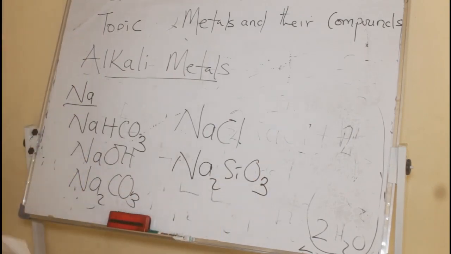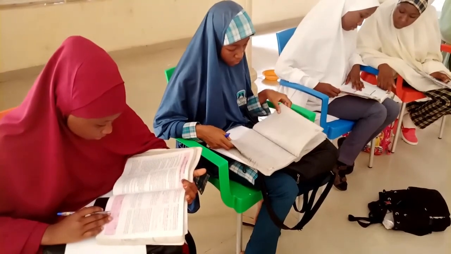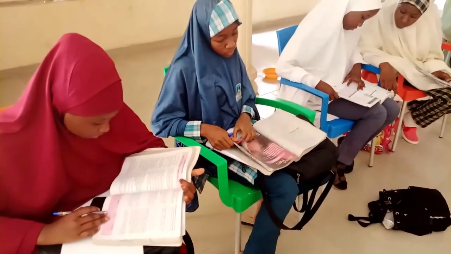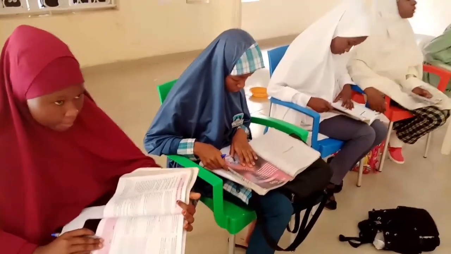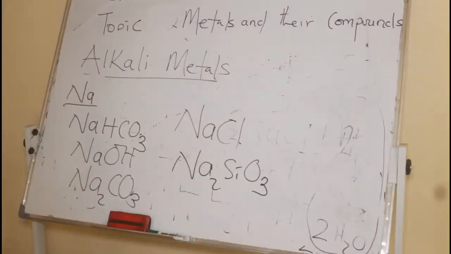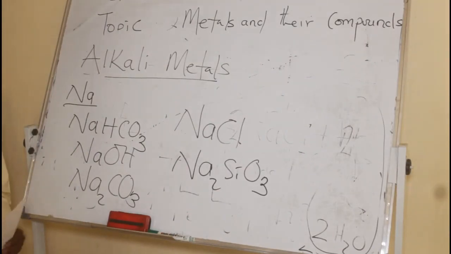So this is sodium bicarbonate, the baking powder you normally use when you are producing cakes and other snacks. The main component is sodium bicarbonate. Then we have the sodium hydroxide I've just mentioned. It's a base. It has wide application in many industries, chemical industries and drug industries. Then we have sodium carbonate, which also has wide applications. Sodium chloride, no one needs to tell you about the uses. Sodium silicate also has various uses in different industries, especially pharmaceutical industries.